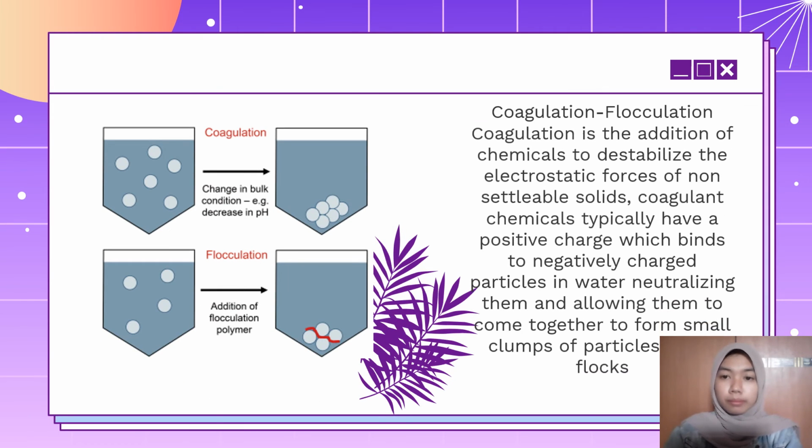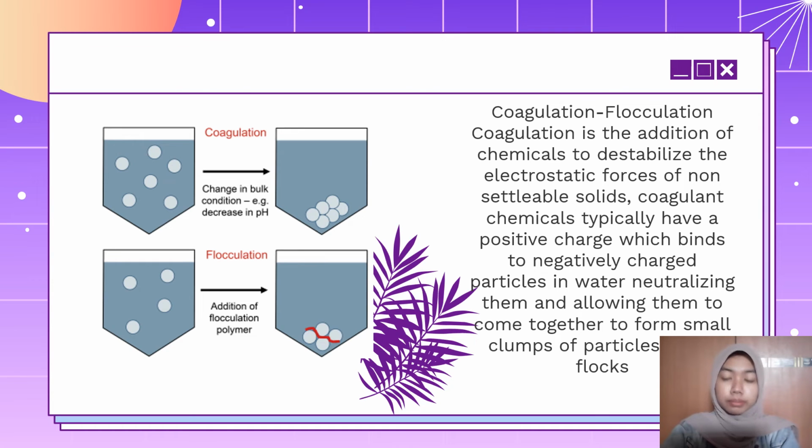For the next, coagulation-flocculation. Coagulation is the addition of chemicals to destabilize the electrostatic force of non-settleable solids. Coagulant chemicals typically have a positive charge which binds to negatively charged particles in water, neutralizing them and allowing them to come together to form small clumps of particles,